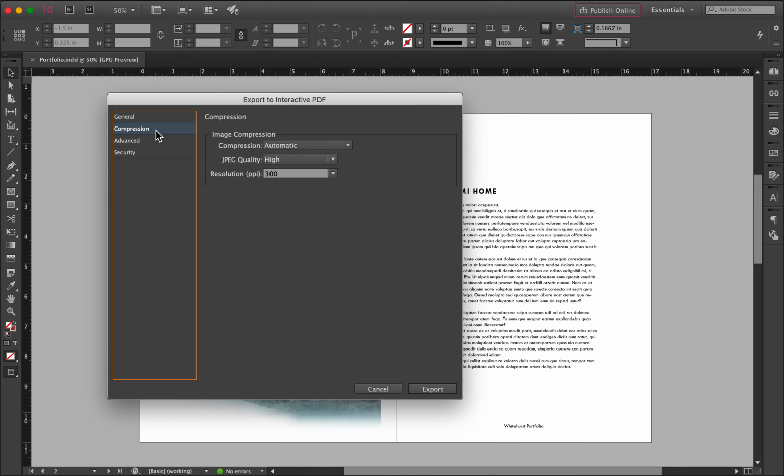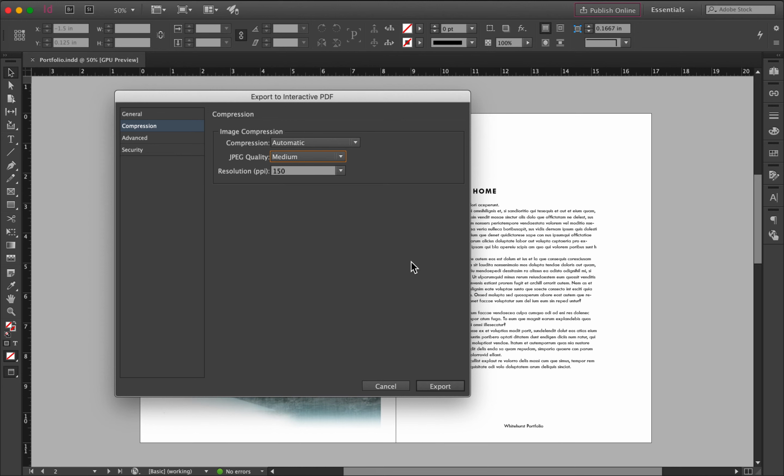And then under compression is where, to print something, you really do want 300 ppi. I think for the purposes of viewing something on a screen, 150 is plenty. And then under JPEG quality, this is where if your portfolio gets really big, you can mess around with picking a lower quality. High is normally a good place to start, but medium can be certainly just as good, especially when you're exporting and trying to get a file size to be pretty small. So I'm going to do medium, 150, and leave compression at automatic, and then I'm going to hit export,